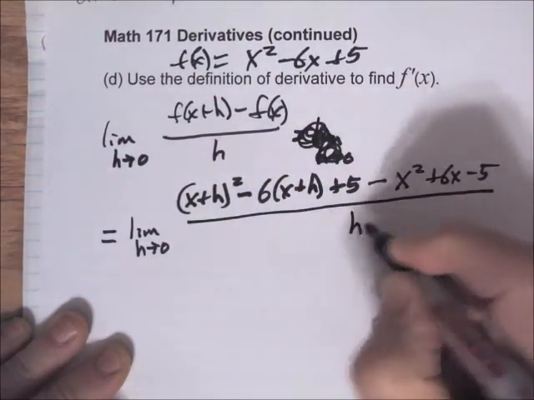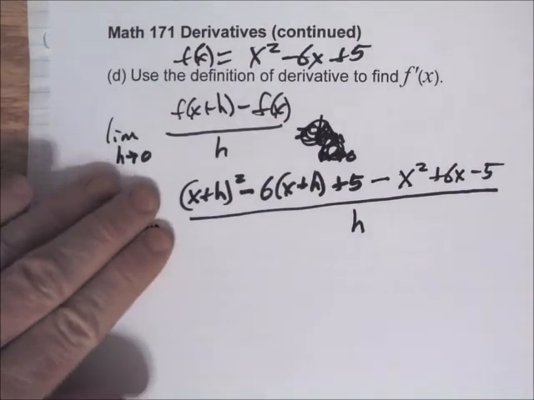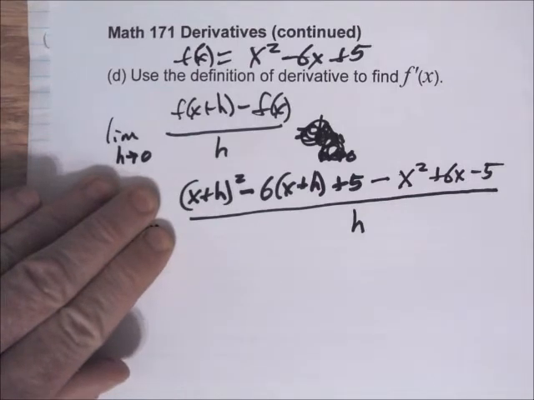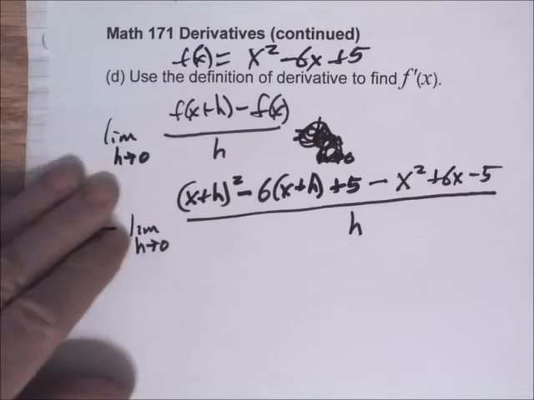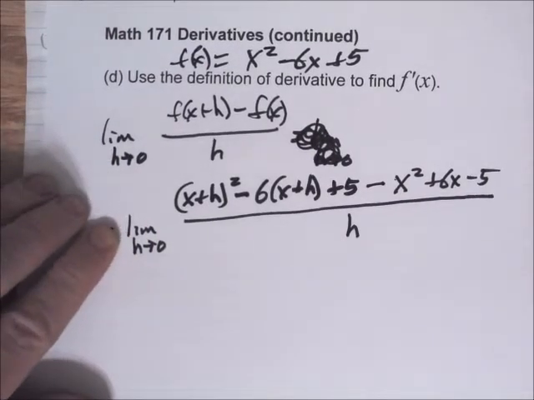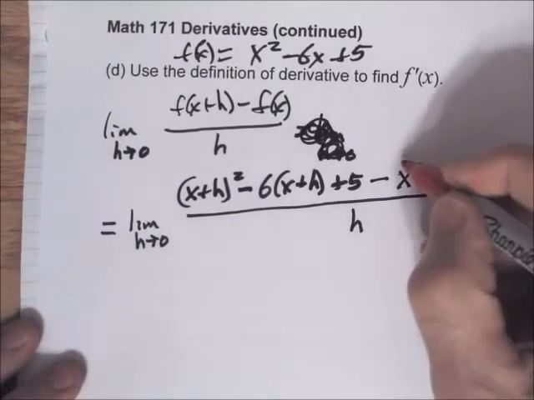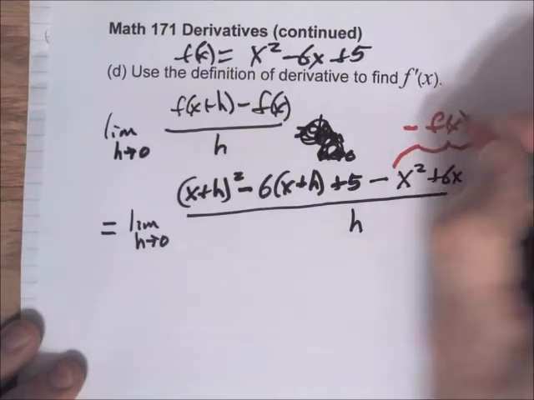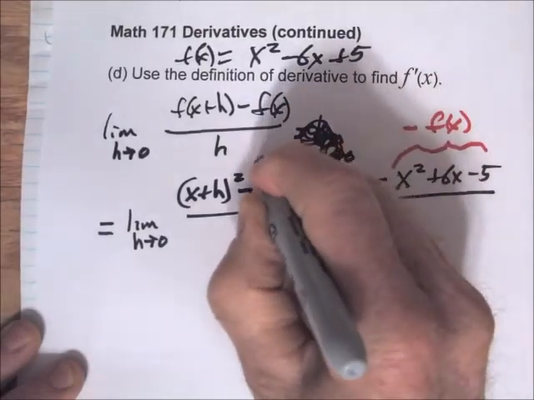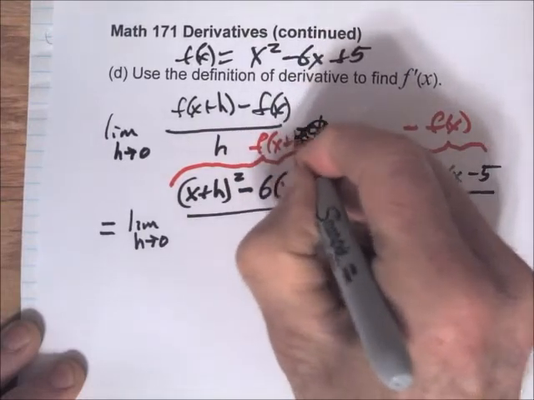over h. So before we take the limit, without taking the limit, that would be the slope of the secant line. That's the average rate of change. And once we take the limit, then we get the slope of the tangent line, which would be the instantaneous rate of change. So this is minus f of x, and this part here is f of x plus h. Okay,